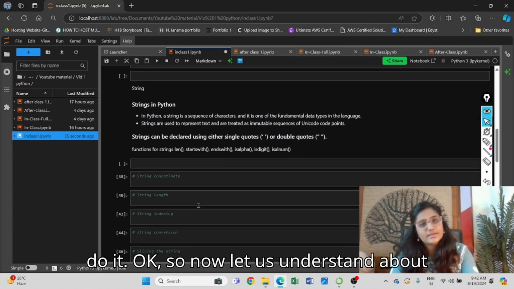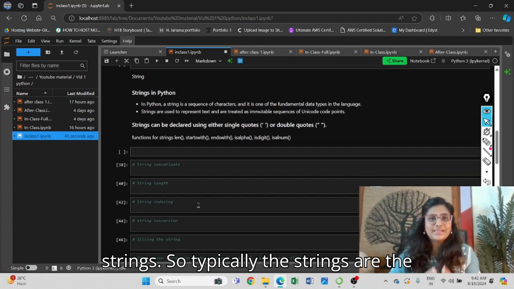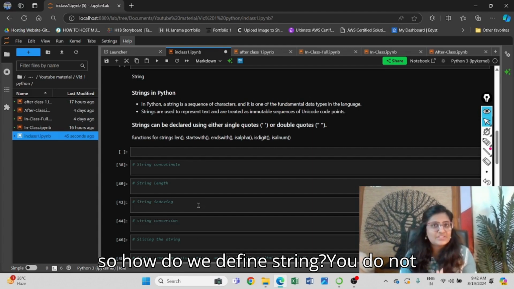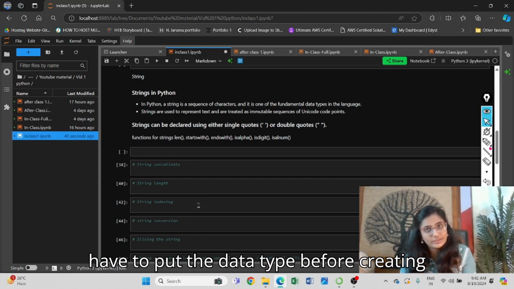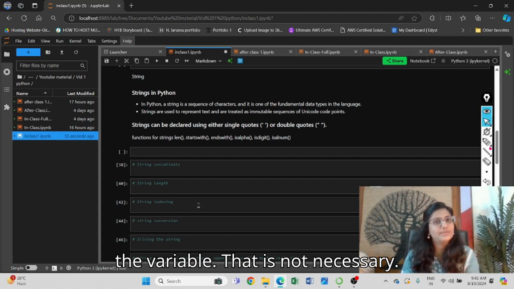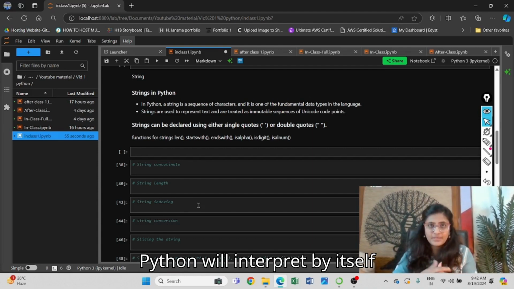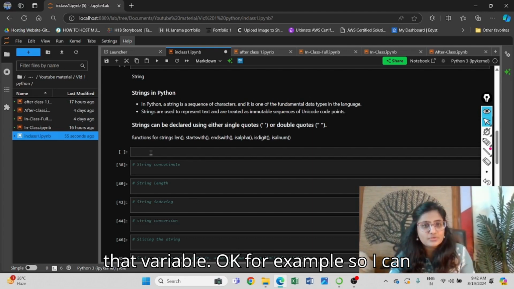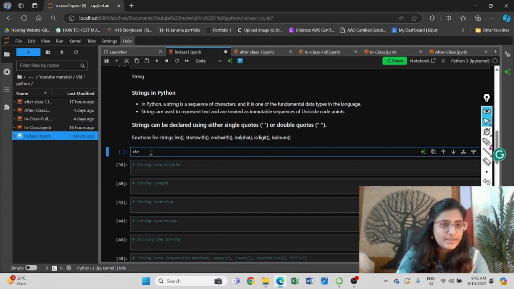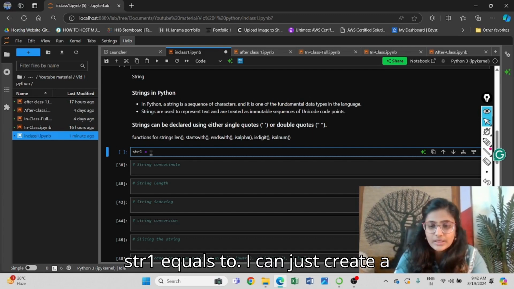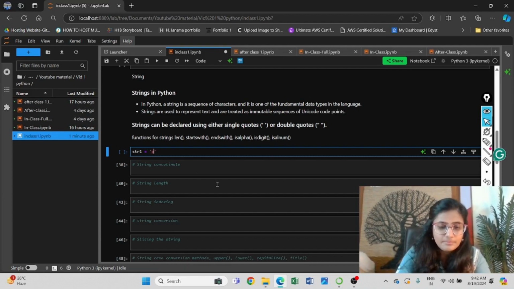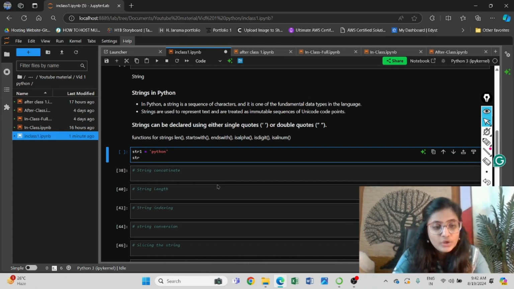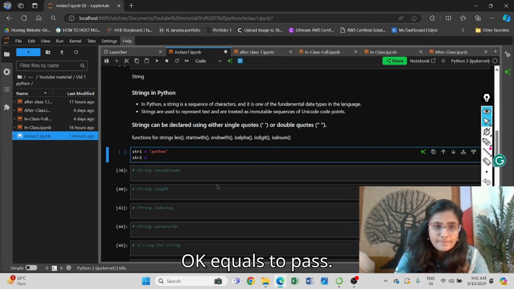Okay. So now let us understand about strings. Typically the strings are a combination of letters together. Okay, so how do we define a string? You do not have to put the data type before creating the variable or while you're creating the variable. That is not necessary. Python will interpret by itself according to the value that we assign to that variable. For example, I can just create str1 equals to, a string with a single quotation, Python. Okay, or I can do it like str2 equals to